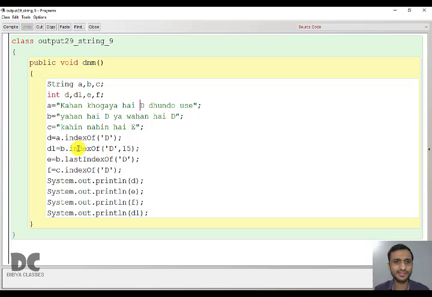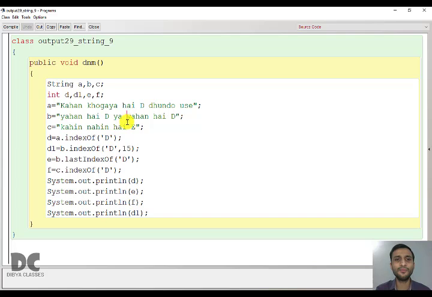In the second case, I am trying to find the location of D starting from 15. This is the second syntax of index of. It means we will not start counting from 0, but from 15. So 0, 1, 2, up to 15.